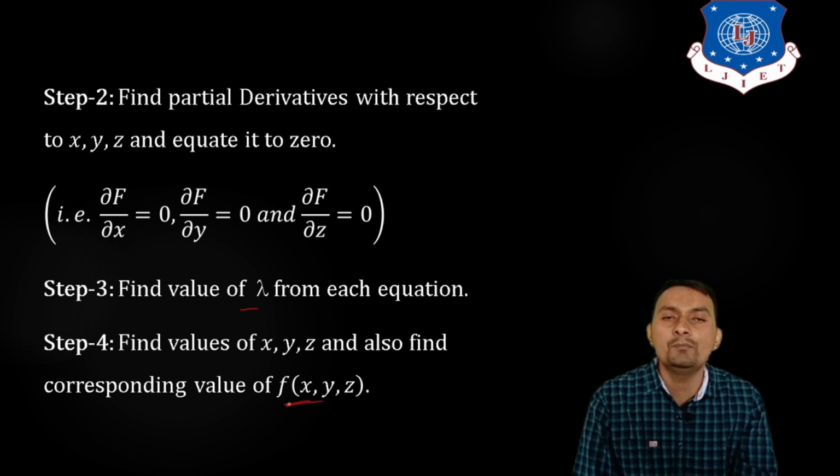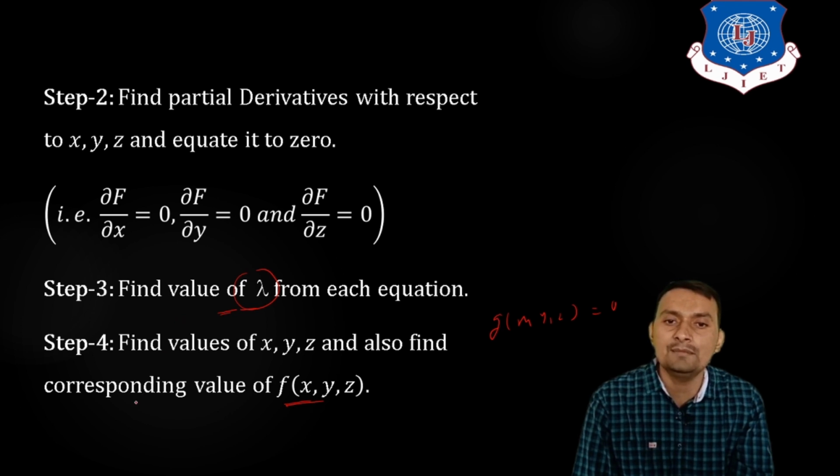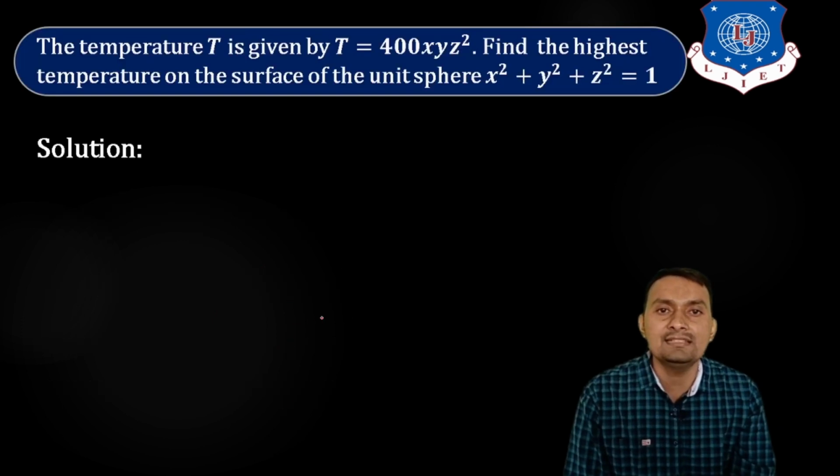And after that, we can find the values of lambda, and whenever it is required, we will use the function f of x, y, z and g of x, y, z. Using this, we can determine the values of x, y, and z, and after that we put them in this one and determine the value of lambda, known as the Lagrange multiplier, and the corresponding maximum and minimum value of the function f of x, y, z. Sometimes we need to determine the shortest distance from a particular point to the given surface, that also you can determine.